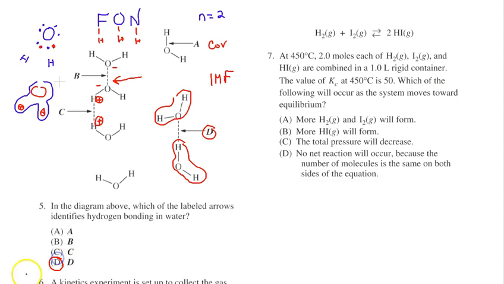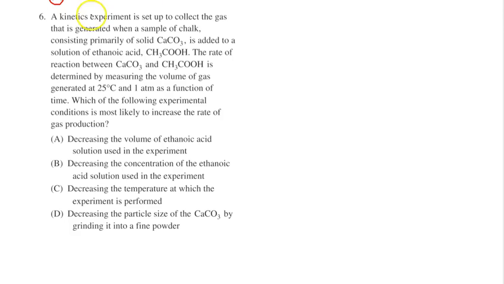D, duh. Number 6. Okay, number 6 is very wordy. It's a kinetics experiment, so we're dealing with the rate of reaction. And immediately in my head, I go R equals K times whatever the reactants are. And then I notice I'm using my chalk, which I know is a weak base, and I'm adding an acid. This is acetic acid or vinegar. And the rate of reaction of the calcium carbonate, this is our Tums reaction,